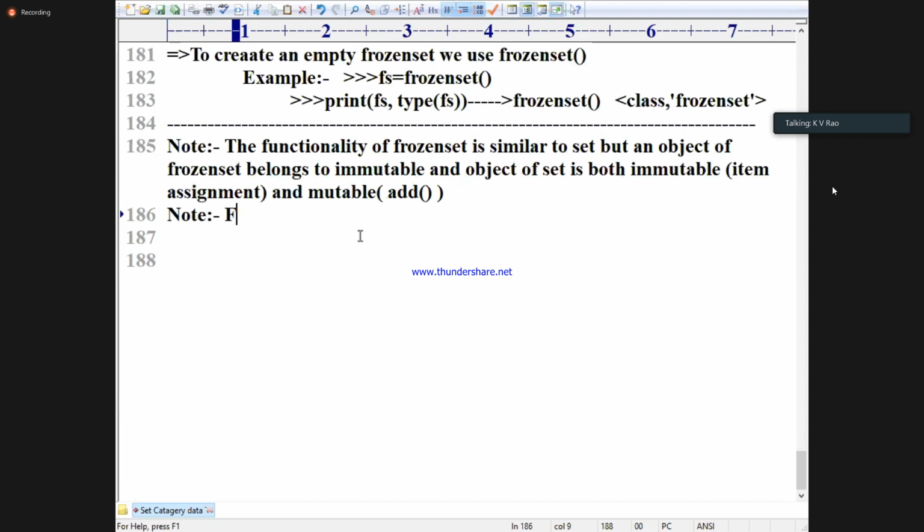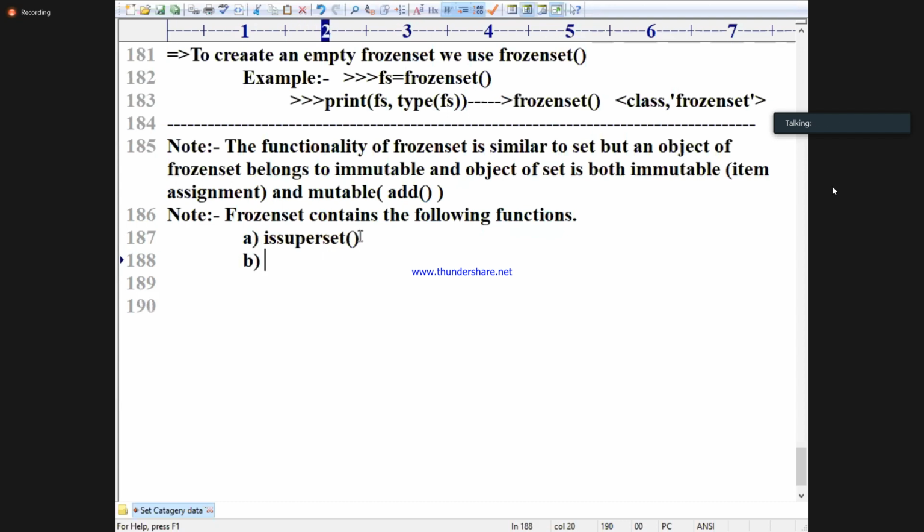Write down. Frozen set contains the following methods, following functions. A, is superset. B, is subset.